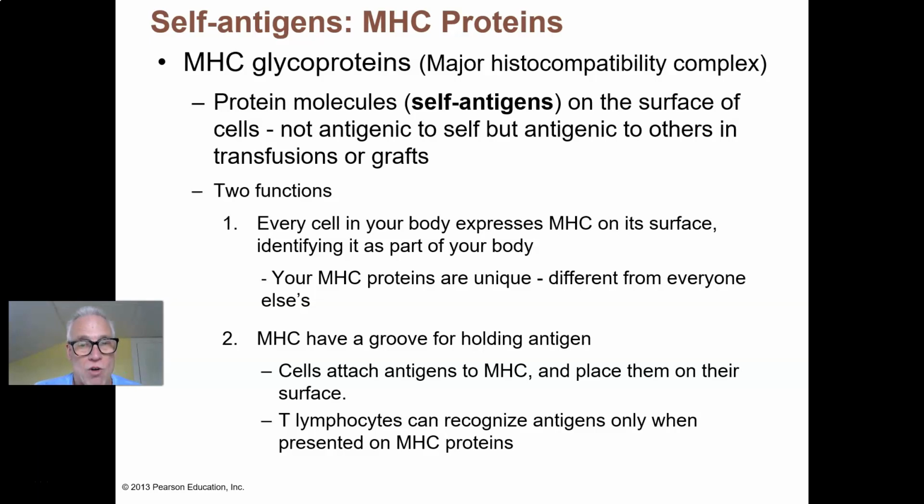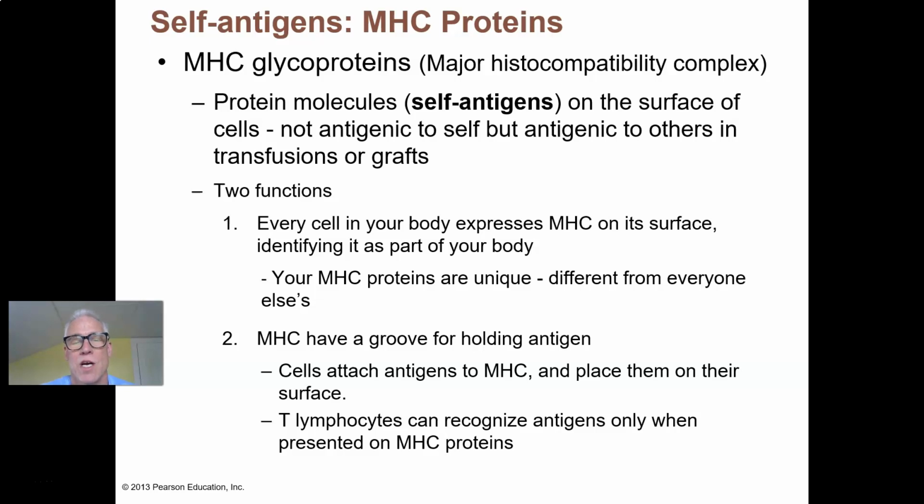MHCs also have a groove or a socket on them for holding fragments of antigens. So just like we saw the antigenic determinants on that previous slide, when macrophages or dendritic cells, phagocytes, gobble up a foreign agent that's come into the body, an antigen, we carelessly call it, it will digest that down into fragments, and all the fragments will be placed on the surface of the cell, amazingly, attached to MHC complexes. So the cell will look like this sort of laundry list of stuff that's inside that it's gobbled up